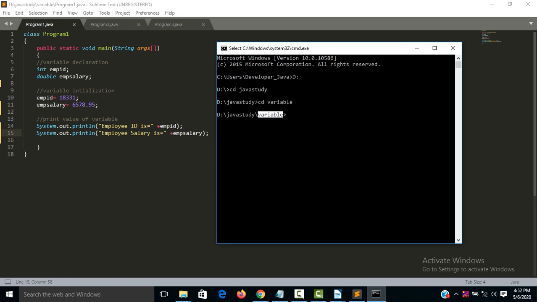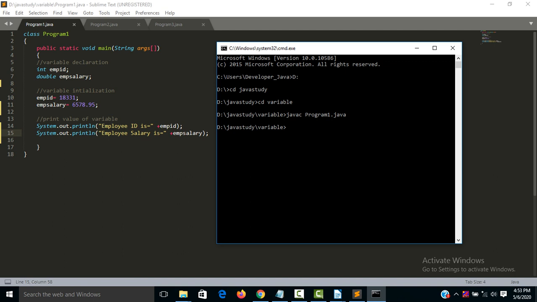In the variable folder, my program1.java is there. So I have to compile this program. The compilation command is javac and the file name. My program file name is program1.java. So this is compiled successfully.